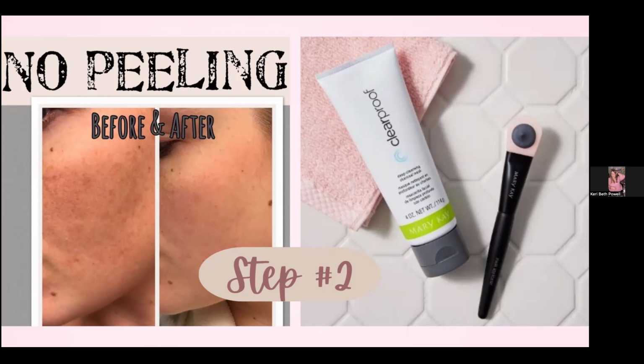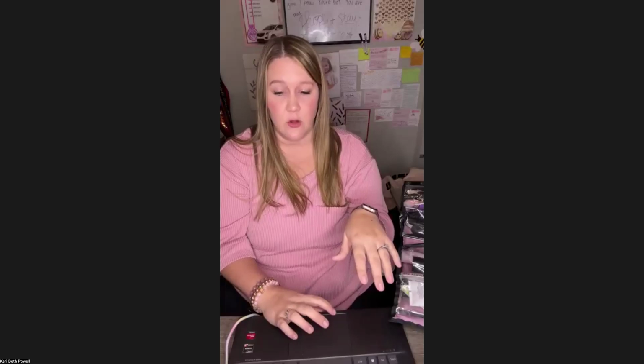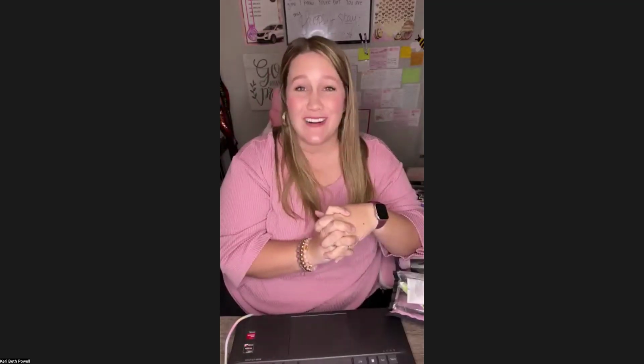Okay. So let me get this, there we go, get you back to my face. Okay, so for this charcoal mask, oh my gosh, it's one of our absolute favorites for multiple reasons. But if you are an oily girl, now maybe not right as you're putting it on your face because you'll have icky fingers, but once it's on your face and your fingers are free, tell us in the comments, are you an oily combo girl? Are you more a normal dry girl? Because I myself am normal dry. And so for me, I was like, oh, I don't know if I need a charcoal mask. Well, let me tell you, your pores can hold up to